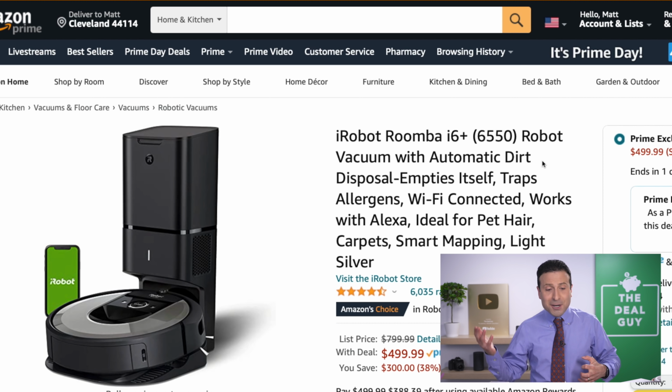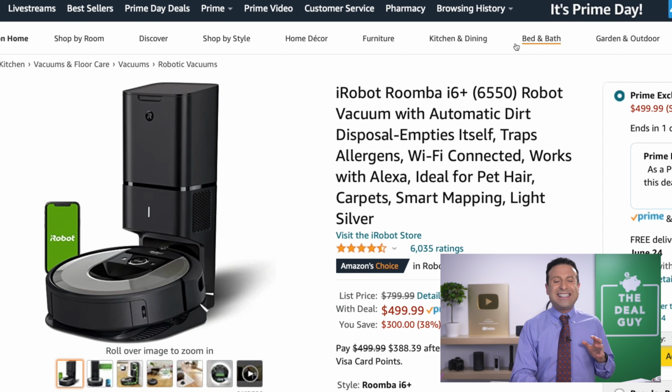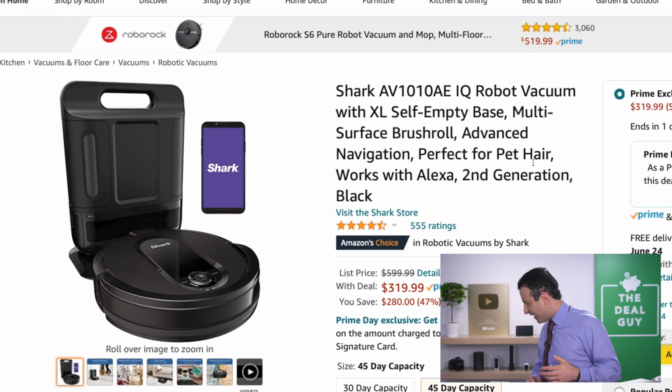And then the higher end Roomba i6, this compared to the i4 has a little bit better suction. It's got smart mapping technology, so it learns where your furniture is rather than drawing those relentless figure eights around your home. $499 down from $800. It has a 60-day dirt dust bin capacity, so it'll actually accumulate dirt and debris for a period of 60 days. That's not bad. The Shark IQ,